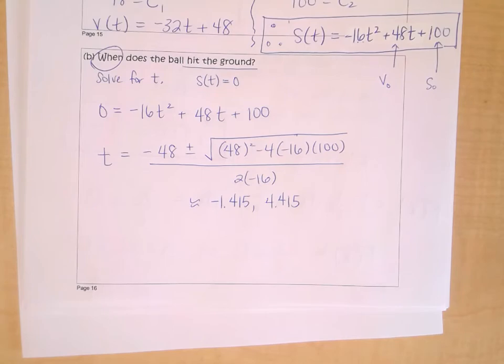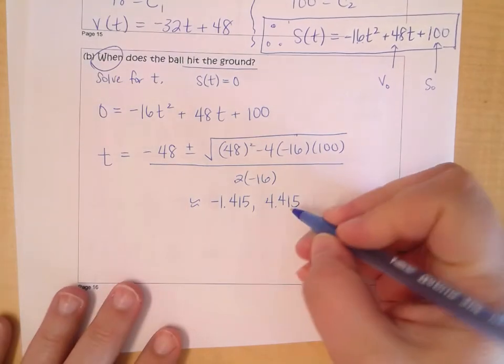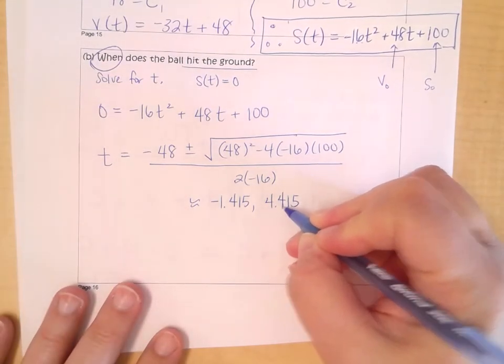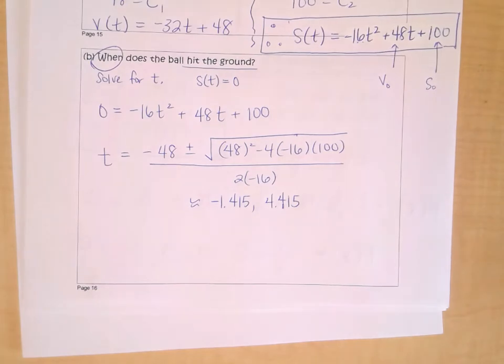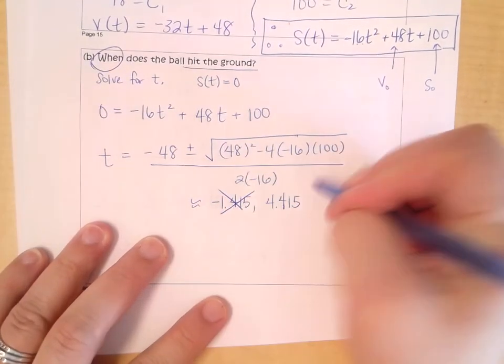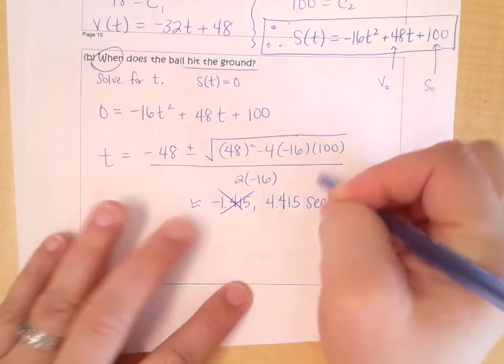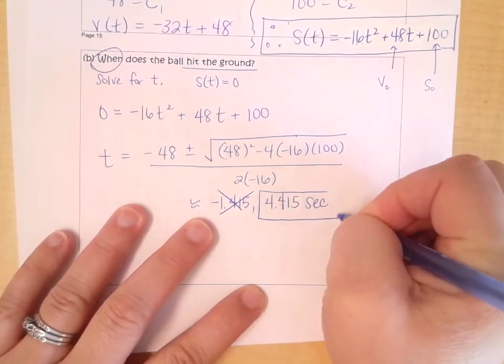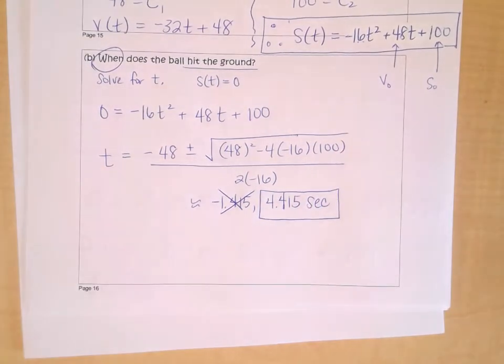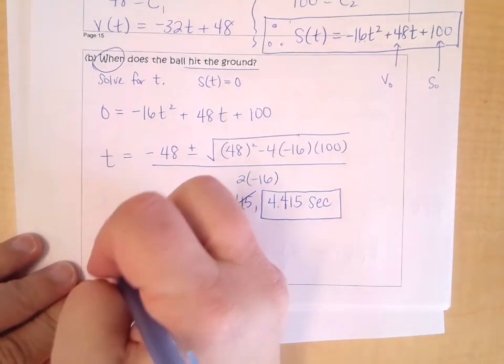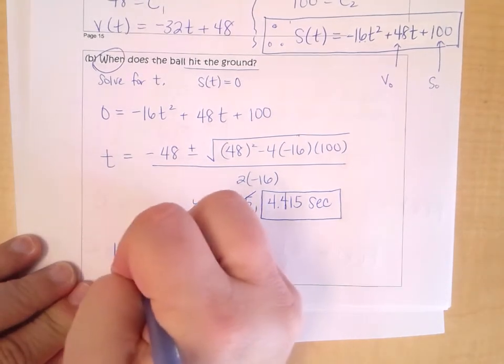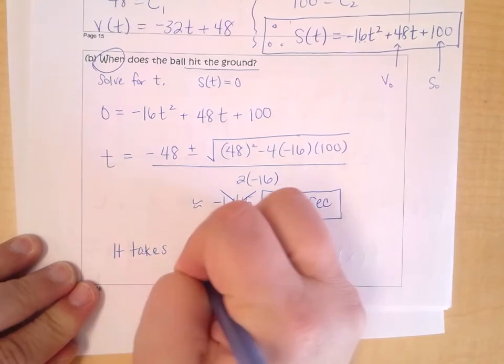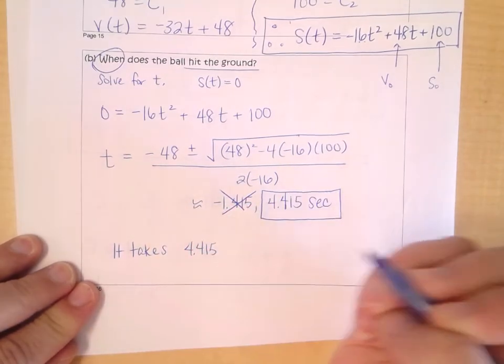What conclusion can you draw? Yeah, you can't use a negative time. Yep, can't have negative time. So my answer is 4 and some change seconds. Takes me 4 and some change to hit the ground. Okay, I'm going to write that. It takes 4.415 seconds